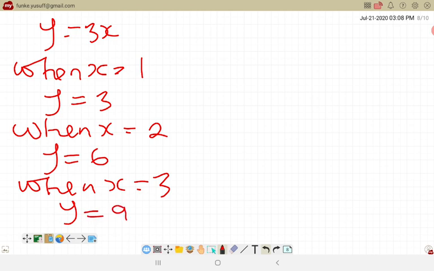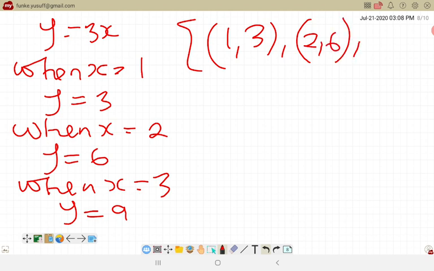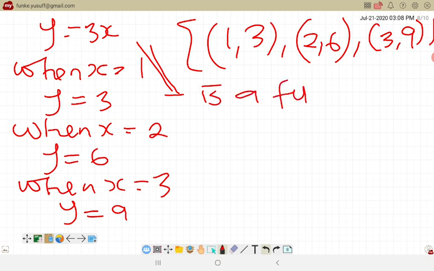Okay, so now the set of solution we have here is (1, 3), (2, 6), and (3, 9). So this is an example of a function. So y equals 3x is a function